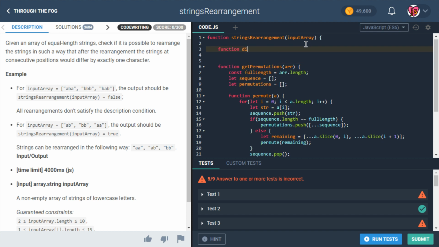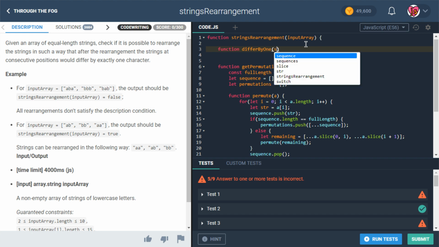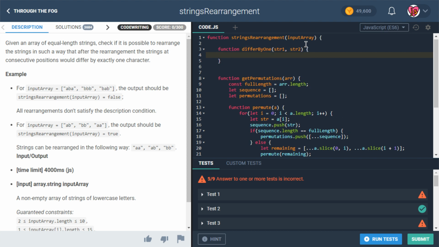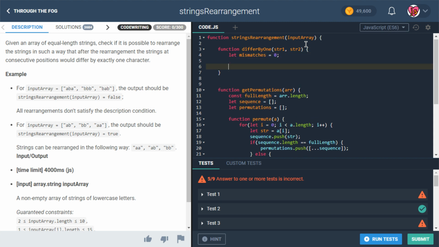And the function is going to be called differ by 1, and it's going to take in 2 strings. Those are what we're trying to compare, right? String 1, string 2, and then basically we just want to compare, do they differ by only 1? Do they only have 1 character that's different? So I'll say let mismatches be assigned the value of 0, and we're going to count the mismatches. So we'll do a for loop. We'll say for let i be assigned the value 0, i is less than string 1 dot length, i plus plus,